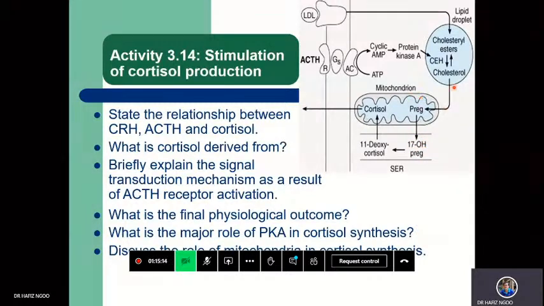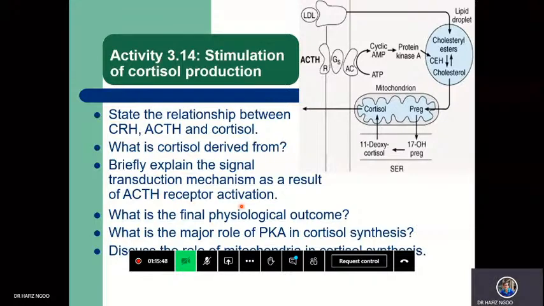This means that from the cytosol, we go into the mitochondria, where cholesterol is converted to pregnenolone, and then pregnenolone diffuses out into the smooth endoplasmic reticulum and is converted into 17-hydroxypregnenolone. In here, it is later converted to 11-deoxycortisol,